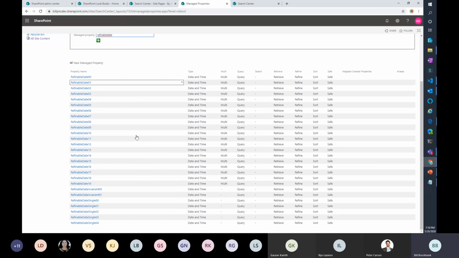So I think there's about 20 date ones, date intervals, date single. So there's a whole bunch of refinables that are all built into it. And from these, what you're able to do is map your crawl properties to it. So when you go in here and you click on it,